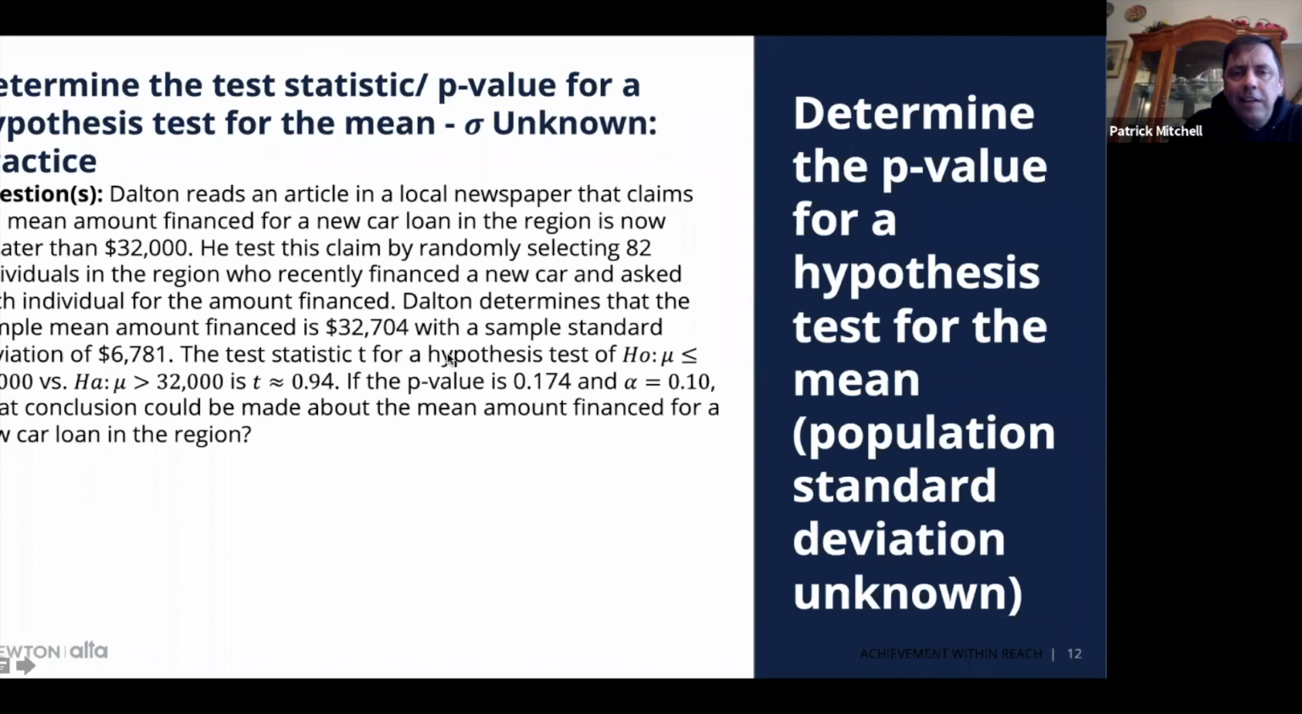The test statistic T for a hypothesis test of mu is less than or equal to 32,000 versus Dalton's claim that mu is greater than 32,000, that test statistic came out to 0.94. Now let's pause here for a second and see once again how they came up with this p-value. I am going to go back to,